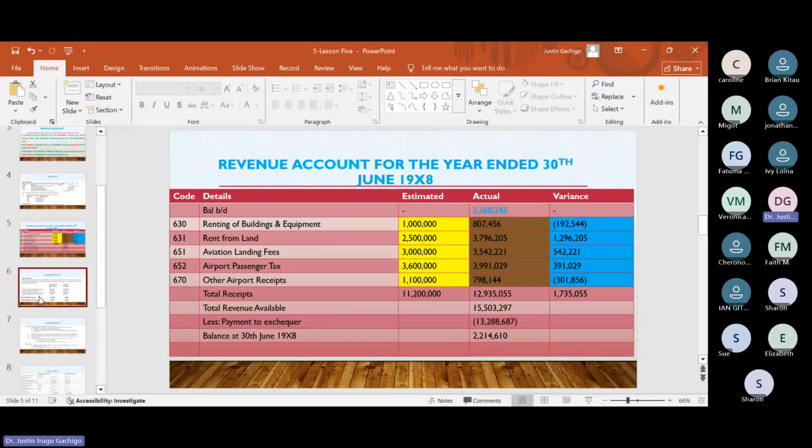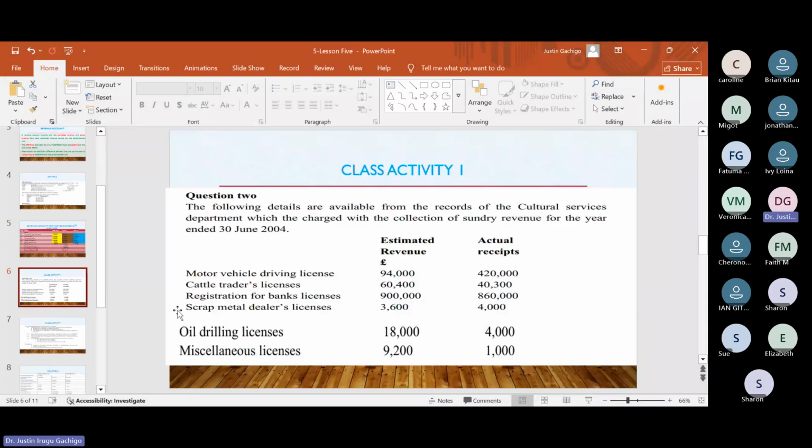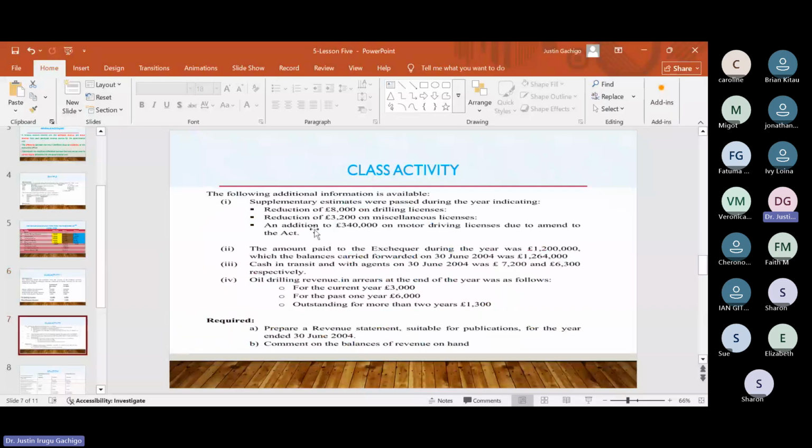So we have another example here. In this example, we are still going to use the same approach. We have been given the estimated revenue and the actual revenue. Then we have some additional information. Most of the students normally get some of these questions wrong because of this additional information. Always make sure you read this additional information so that you can adjust where necessary. For example, a supplementary estimate was passed during the year indicating a reduction of revenue, a reduction of 8 million on drilling license. So if you look at the drilling license,